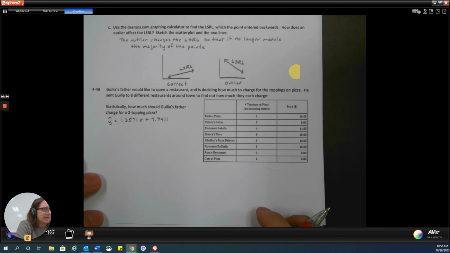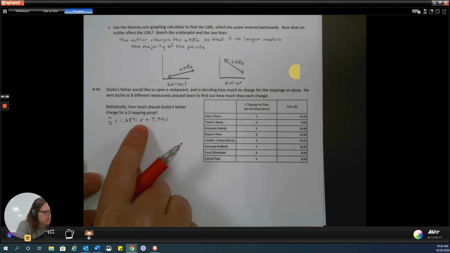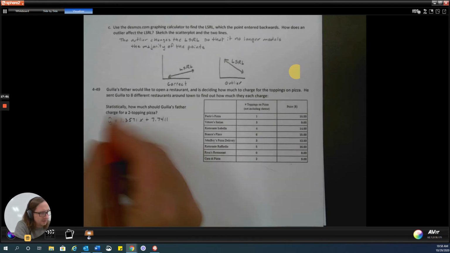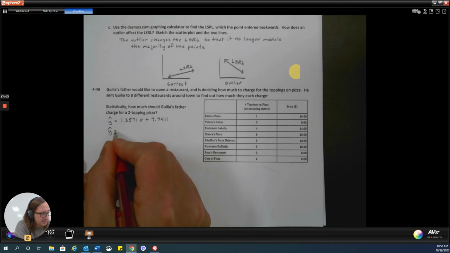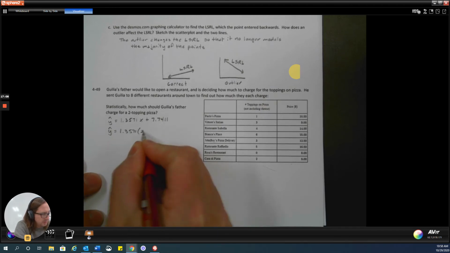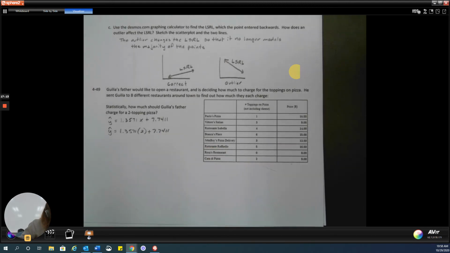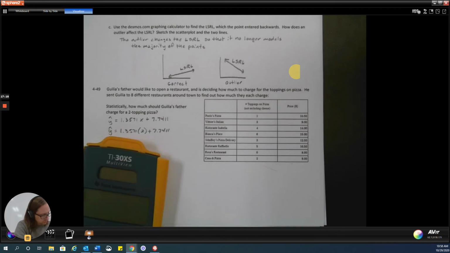So she's going to find out how much a 2-topping pizza is. Well, toppings is my x values. So I'm going to plug 2 into here. So I'm going to do y hat equals 1.3571 times 2 plus 7.7411. So I need a calculator, so I'm going to do 1.3571 times 2 plus 7.7411 equals